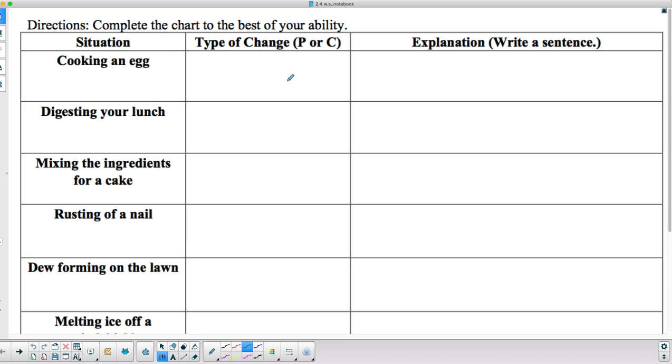I'm not going to do all of them, obviously, because I want you to take a stab at them without having watched this screencast first. So, cooking an egg: is that a physical or a chemical change? What you have to ask yourself is, do you see an actual visible difference between what the egg was before and what it has become, like it's a new thing? And if it's a new thing, the structure of the egg has changed,